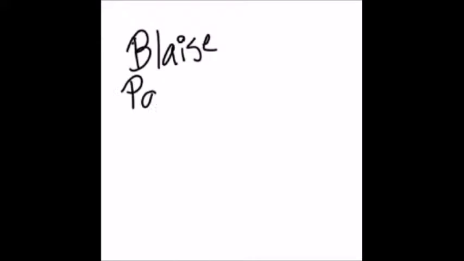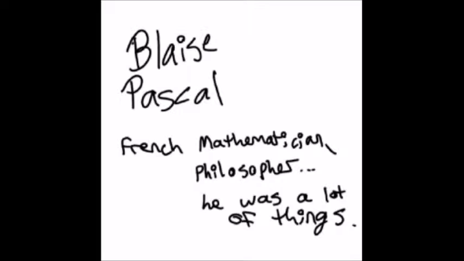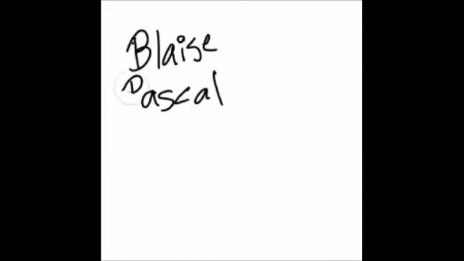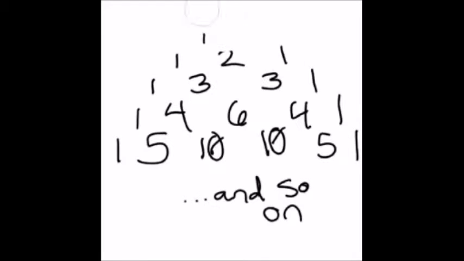Blaise Pascal was a French mathematician, philosopher, physicist, inventor, writer. Basically, he did a lot of stuff, including what I consider to be one of the most interesting mathematical models ever created. I, of course, am talking about Pascal's Triangle, a model created when a triangle outlined with ones is formed from adding the two numbers above it.